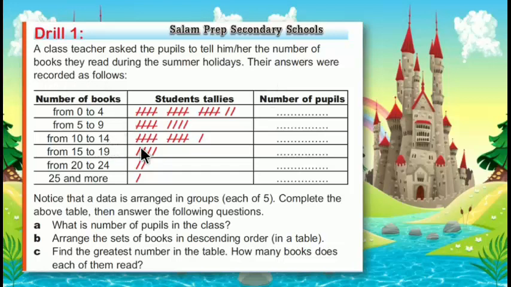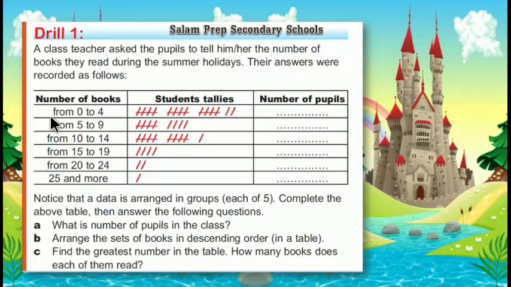Please look at this table. This table has 3 columns. The first heading, number of books. Second heading, student daily marks. The third heading, number of pupils. Look at number of books. We classify number of books